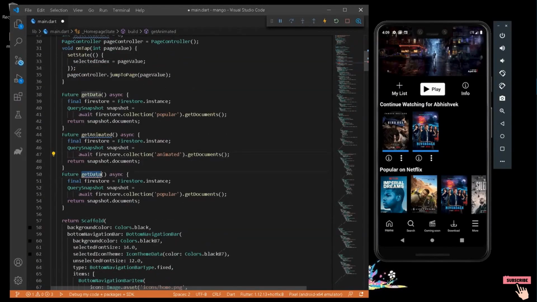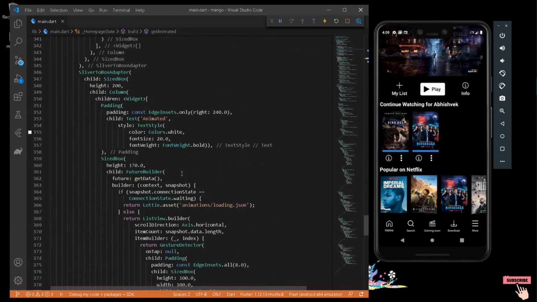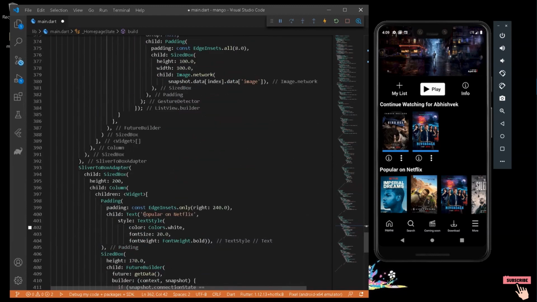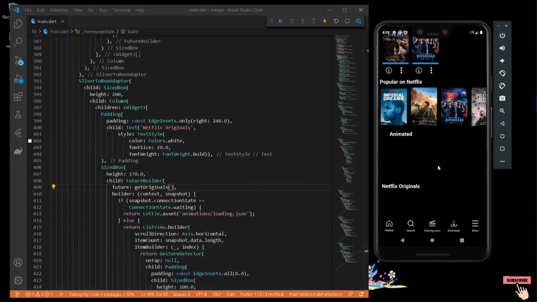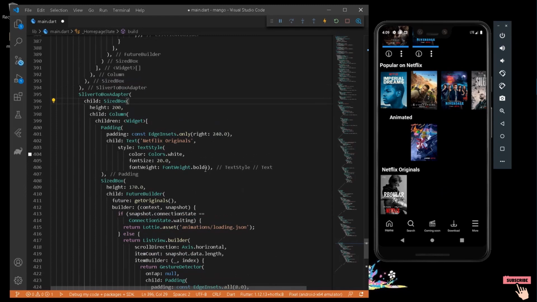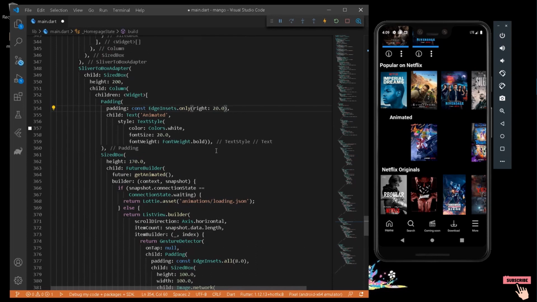Cool. And the next one is getOriginals. So we can simply copy the name from here and paste it into the animated one. So here instead of getData, it will say getAnimated, and here I can write the following image name, which is Netflix originals. So here I write Netflix originals, and here I can write getOriginals. Press Ctrl and S. Now if you see here, we are getting all of our data. So format document once. Now we can also add custom padding to our animated one. So here instead of 240, we'll have 280. Okay, 300. Okay, so we have our animated as well as Netflix originals as well.